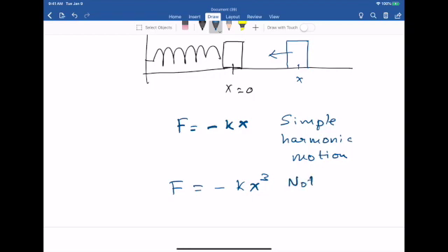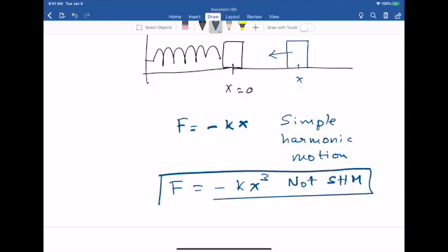So this is not SHM, but it would definitely be oscillations because this would also be a restoring force. And what is a restoring force again? A force which tries to bring the system back towards equilibrium. So that's a restoring force, right? This particular restoring force would not produce simple harmonic motion, though it would produce some kind of oscillations. This one will produce simple harmonic motion. Okay,